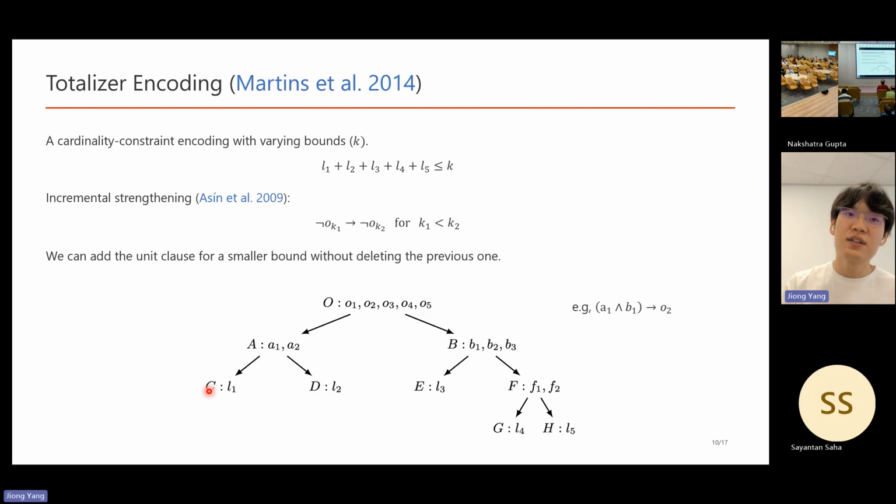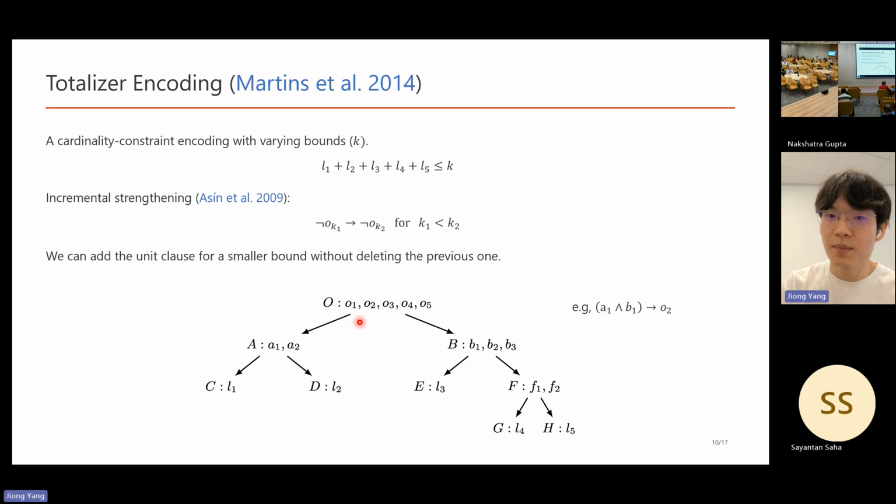So totalizer encoding is an encoding for cardinality constraints with varying bounds. On the bottom, we present an example to encode the cardinality constraint l1 plus l2 until l5 is at most k. And the figure illustrates the encoding structure where every node is represented by a name and a list of variables. A leaf node represents an input literal. So for example, the node C with input literal l1. The root node